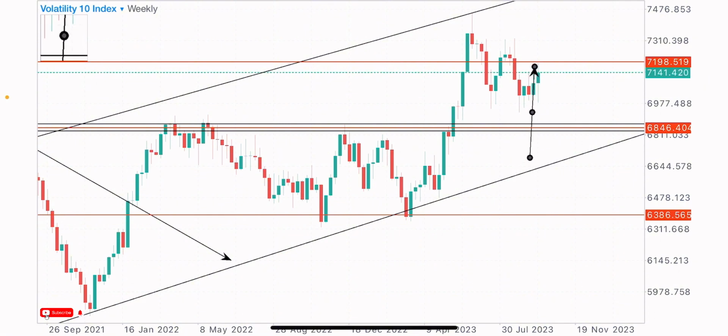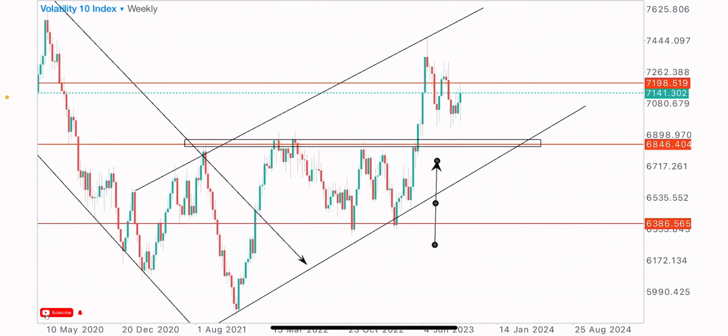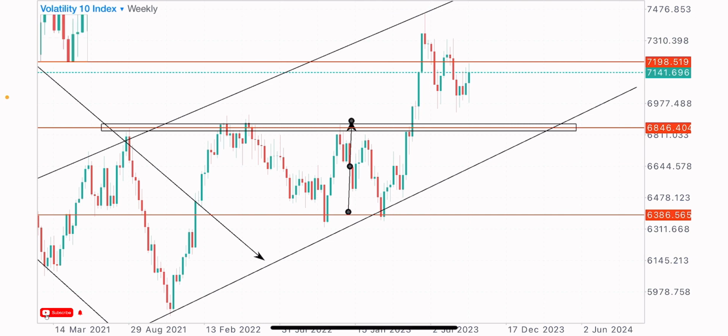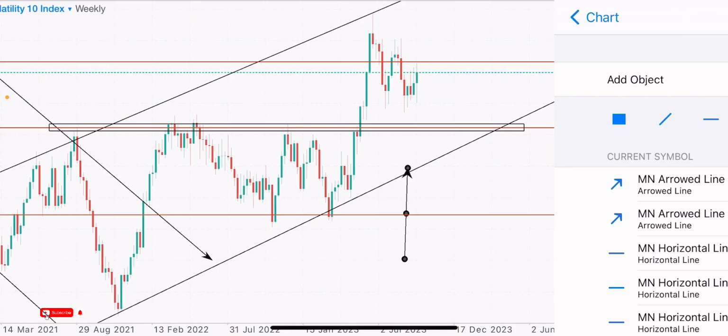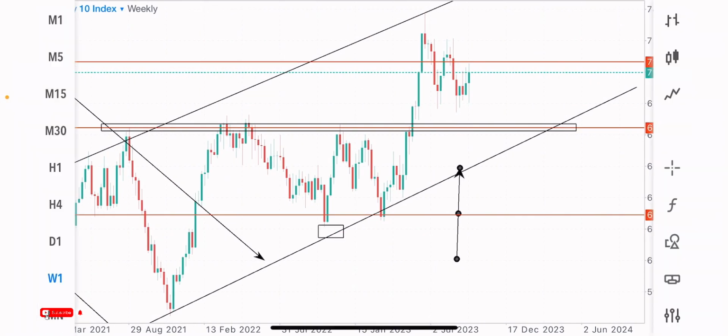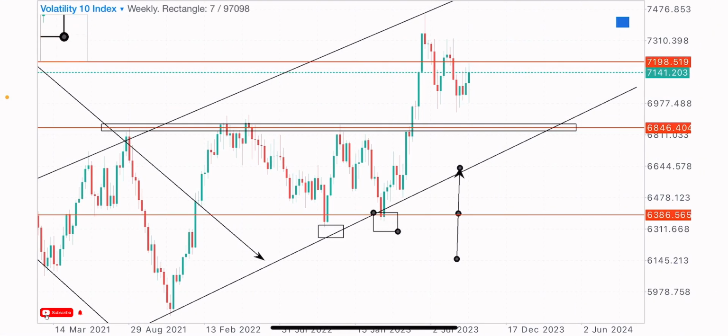So let's expect the sells from this zone to this identified key level, because we've seen that this is also a neckline of a reversal pattern. We got the first low at this zone, and we got the second low at this point. These two equal lows. This is a reversal pattern formation, a double bottom formation. So let's expect the retest of this broken neckline of this double bottom formation pattern,